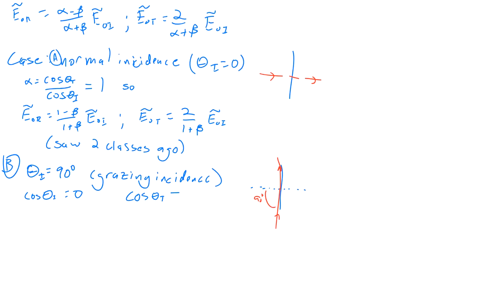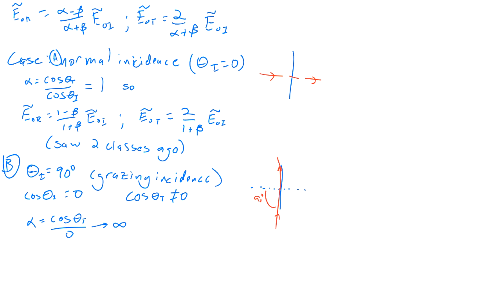Doesn't have to be equal to 0, right? So let's see what happens to our alpha. Our alpha is the cosine of the transmitted angle divided by 0. What? So that alpha is going to infinity. Well, maybe we should be taking a limit because this is going to infinity,